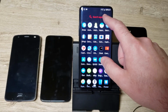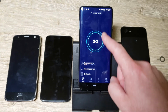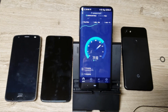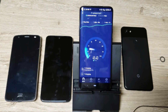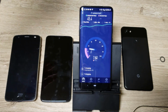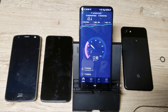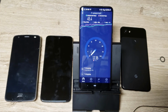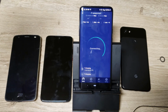So Wi-Fi's gone. We're just on LTE. And let's just run a little speed test party on 4G LTE. So again, nothing extra scientific about this stuff, but as you can tell, I'm getting much better speeds on the OnePlus 7 Pro. Granted, it's a much more expensive phone, but this phone's not cheap. I mean, it's still like $350 or something. And you're getting better speeds on the Pixel, and the Pixel, of course, is going to have a better camera. So I don't know. This is making me a little nervous about my T-Mobile